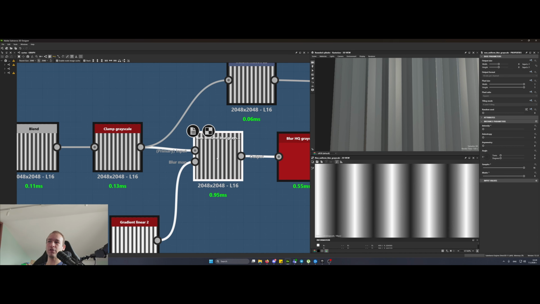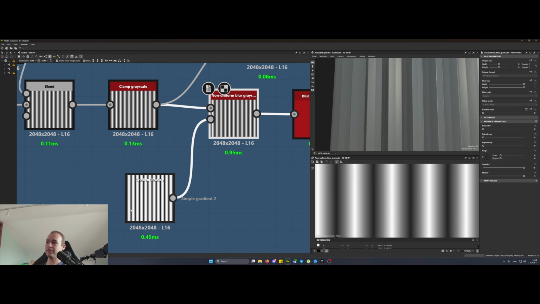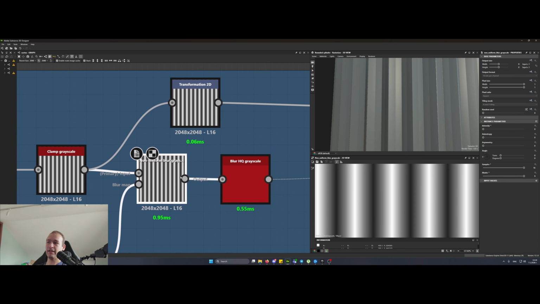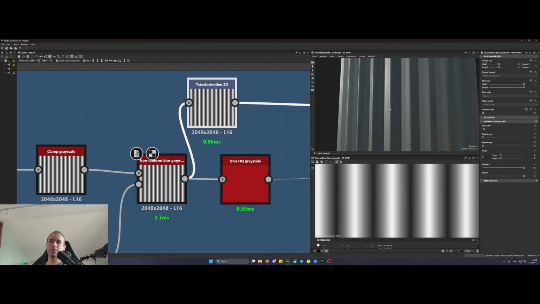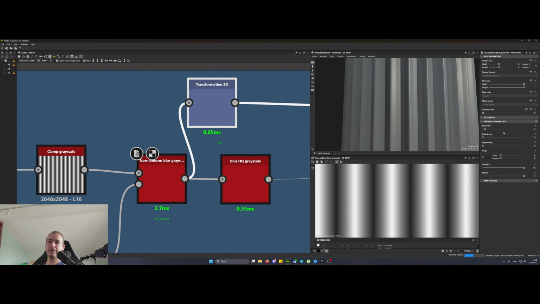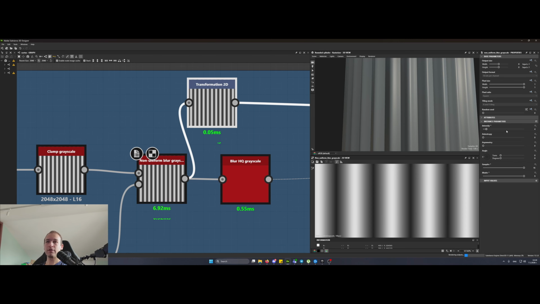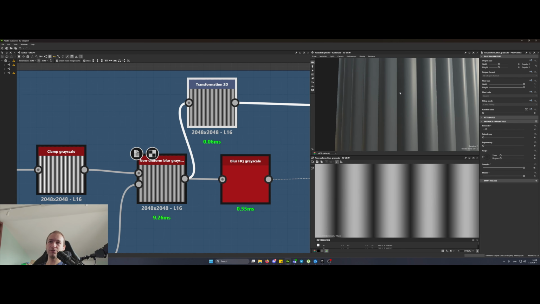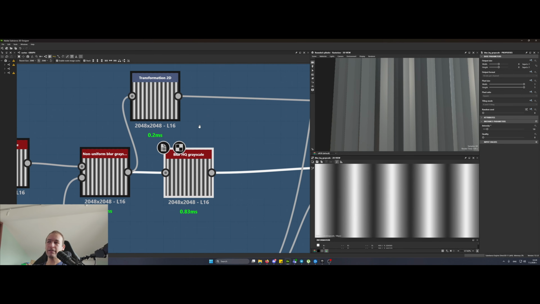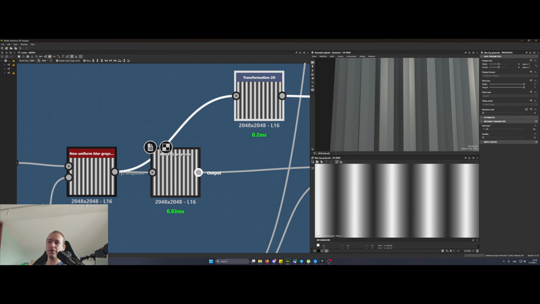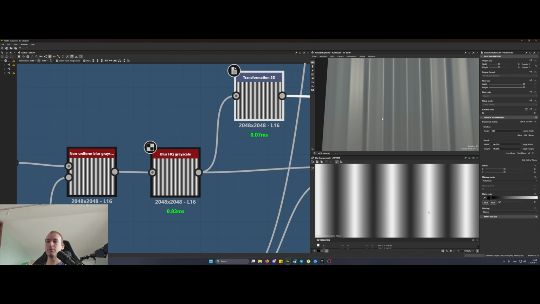Currently, I've set a non-uniform blur to 0, and the bottom is this gradient linear here. And if I feed that into the transform, nothing happens. But if I increase the intensity, you can see that the tops are getting blurred and they are getting rounder and rounder. So this is a nice parameter to have, but for now I'll leave it to 0. And we'll just do a blur HQ grayscale with a value of 1.6,